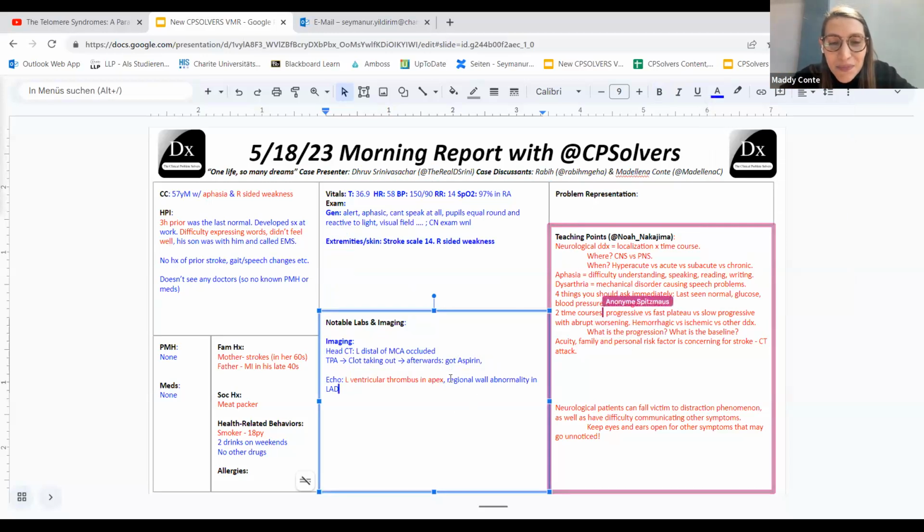stroke? I mean, we can talk about Virchow's triad for thrombus formation, which is hypercoagulability, endothelial injury, and abnormality in blood flow or stasis. And so